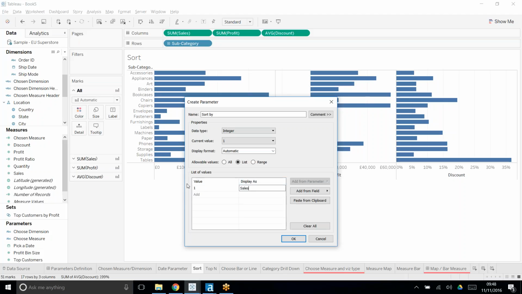That's quite handy if you've got really long string values, and then you don't have to type them all out again when you're doing the case statements. But because I've only got 3, I'm just going to keep it as a string. So put that back onto string. And we go sales,